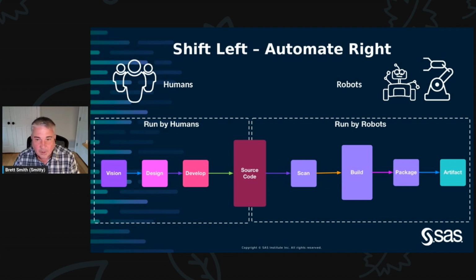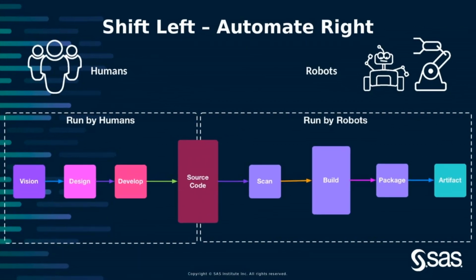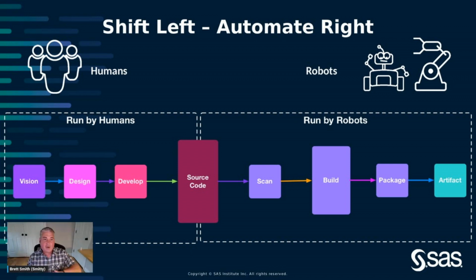All right. So the next thought I had is, what if we remove out of band human checks? Every time I come around as a security lead and implement a bunch of security, developers get bogged down. It makes it harder to get their job done, and we made their job more complex. So what if we shift everything as far left as we can, and then automate everything else to the right?